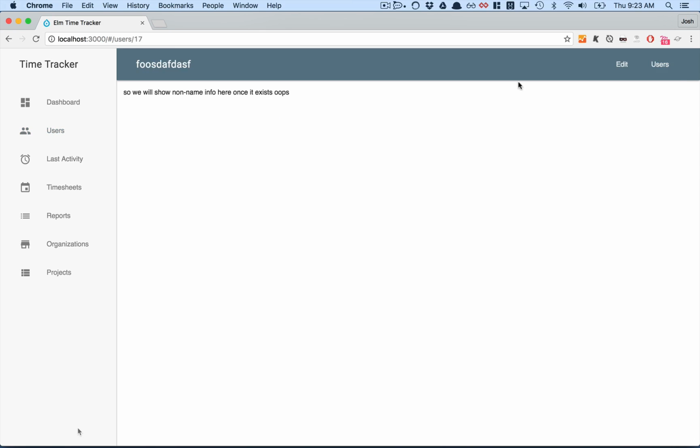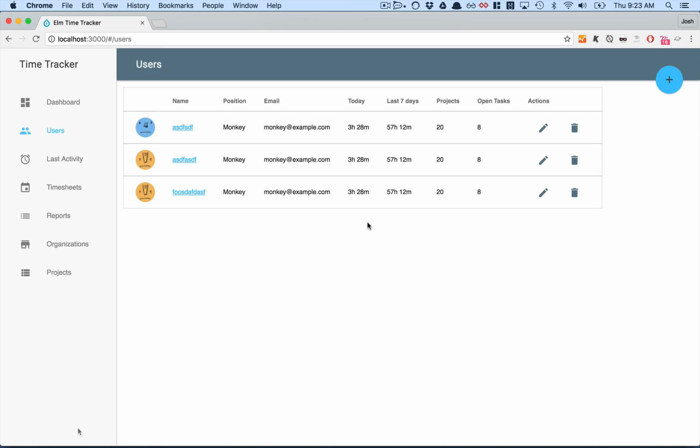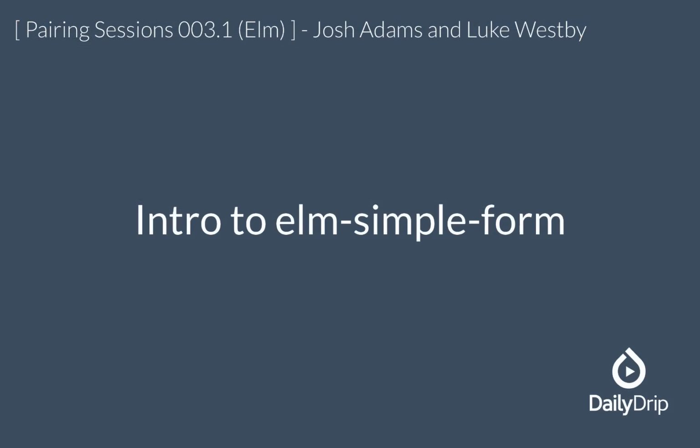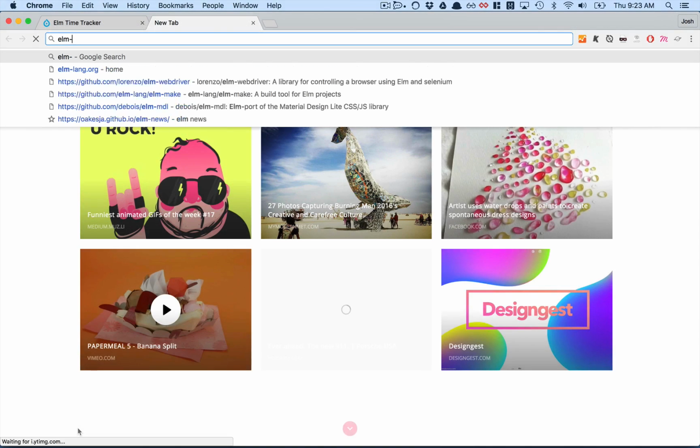And it's cool. So the thing I wanted to do was make it where you had, well, two things. First is client-side form validation, because it kind of sucks to not have that. And then the other thing would be server-side validation, which is what I'm going to work on today. So client-side validation is really cool. There's this thing, elm-simple-form,